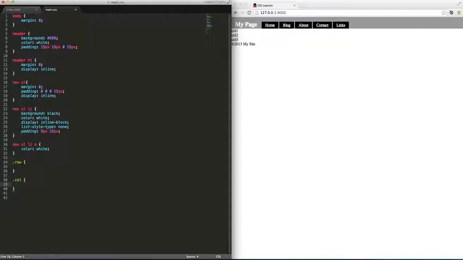Class column, and what we're going to do is give you a float of left. And what that means is everything with the column now floats left. Check it out. So they are all floating left. We have a problem here in that since they're floating left, our footer bumped up. And that's a tricky thing we have to fix. We are going to do something sneaky. We can do one of two things. We can either make the footer